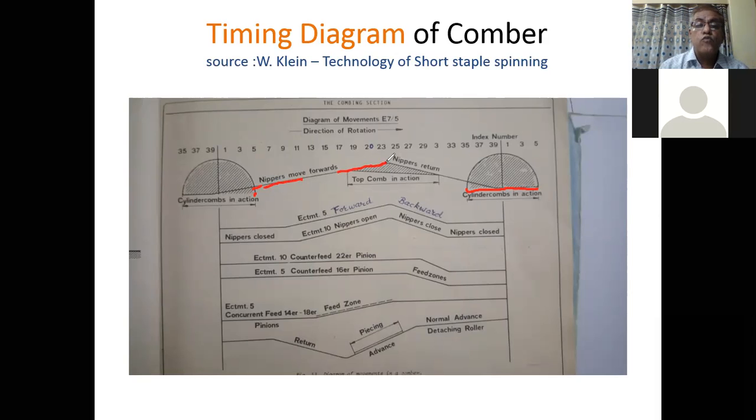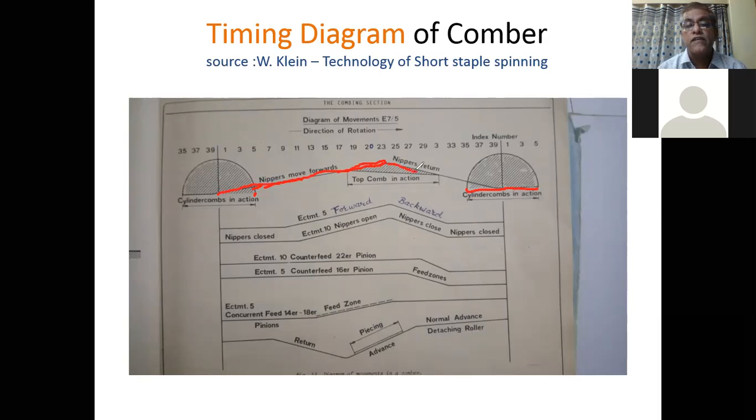The nipper movement is given by this line. It clearly shows that the nippers start their movement from index 1, and then they will be moving until 24, and then they will come back.